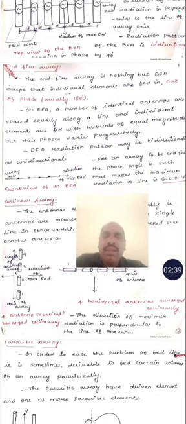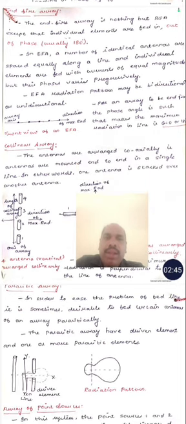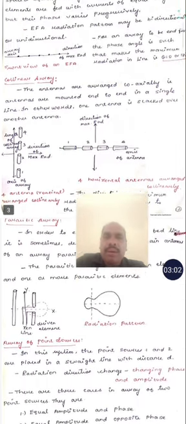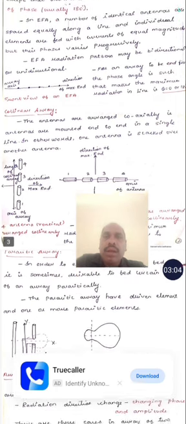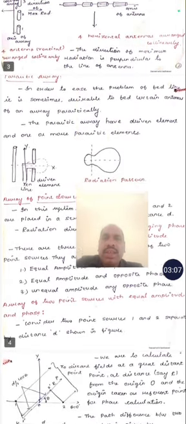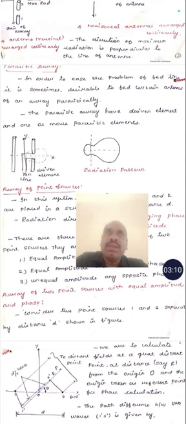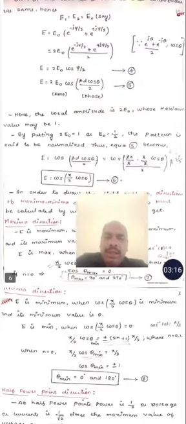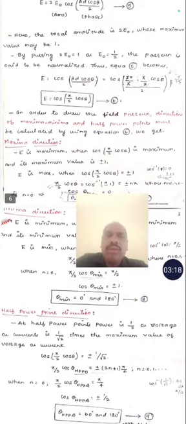End fire array is nothing but a linear array. In this linear array the radiation pattern is at 180 degrees and 0 degrees. The maximum major lobe is at 0 degrees and 180 degrees. These are all linear arrays. Next one is parasitic array. The parasitic array is nothing but the maximum radiation in a particular desired direction. Okay. Based on this array method, we can use